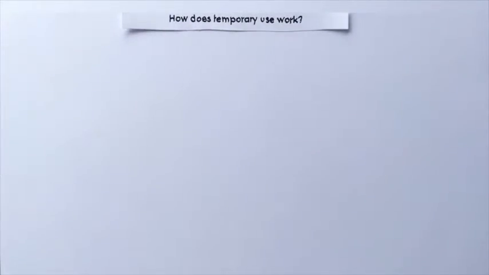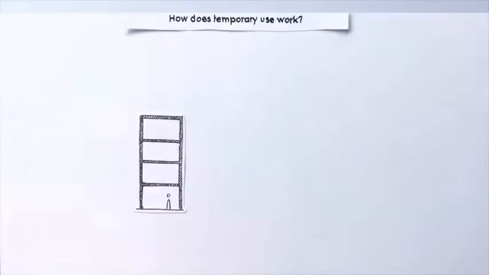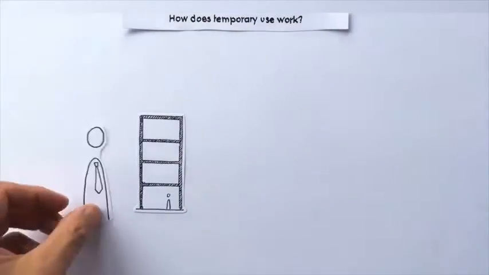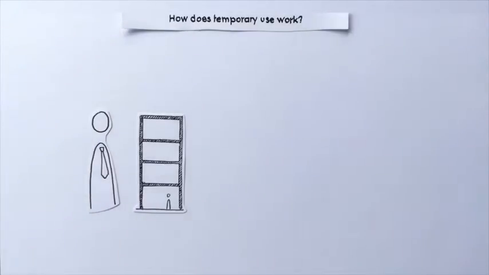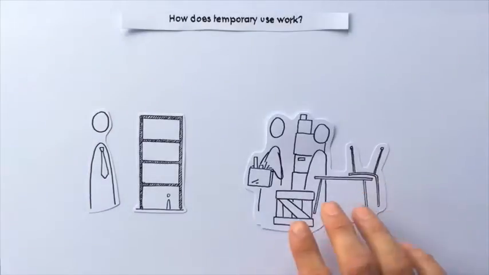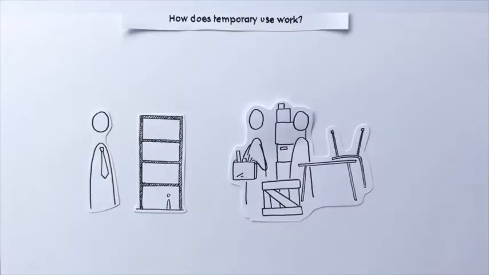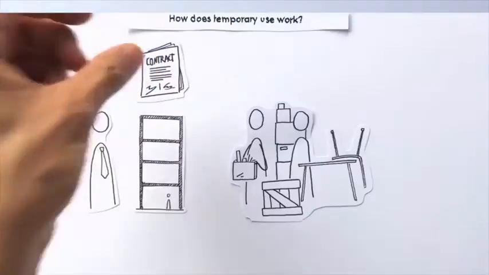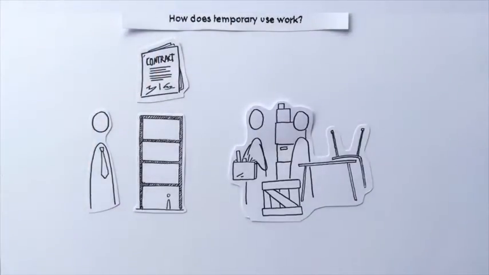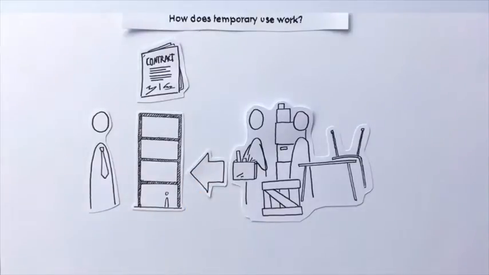In order to face problems of vacancy and to take advantage of empty buildings, there is something called temporary use. How does temporary use work? So let's imagine an empty property, or one that has not been used for a certain period of time. The owner cannot find any use for this space at market rate. On the other hand, a project initiator is looking for a place at an accessible price. A contract is made between the owner and the project initiator. The project initiator is given this property for temporary use.